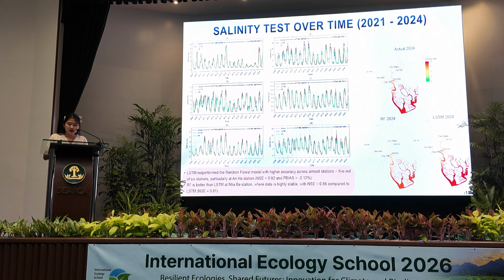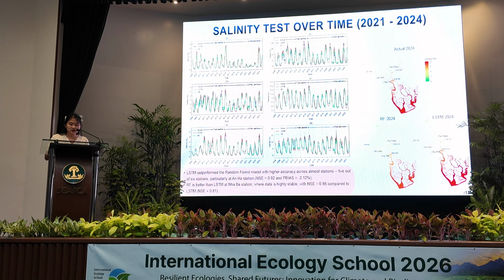In contrast, at stations with highly stable data like Nhà Bè Station, random forest shows better capture ability with a Nash-Sutcliffe efficiency in the testing period of 0.86 compared to 0.81 of